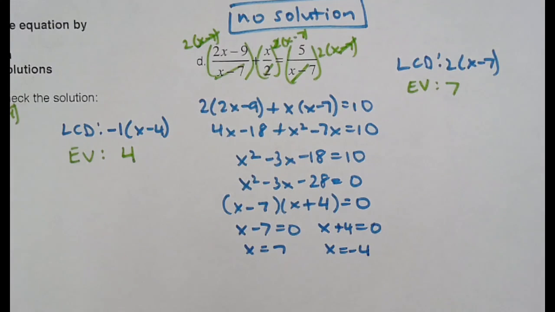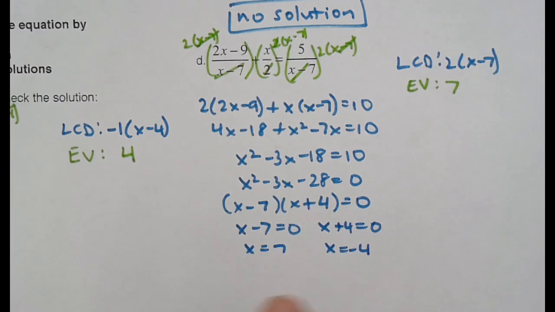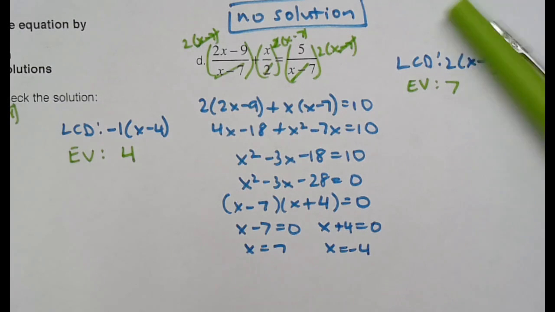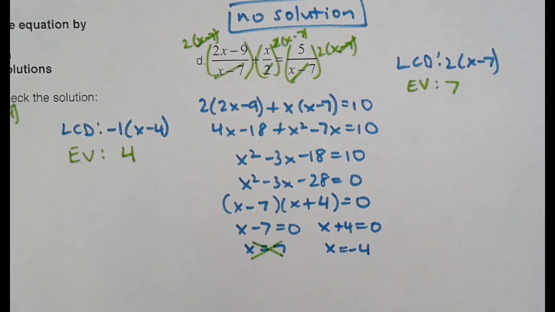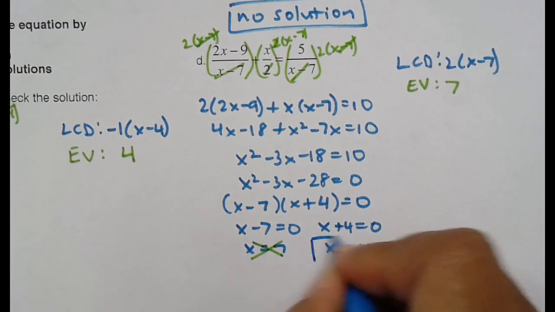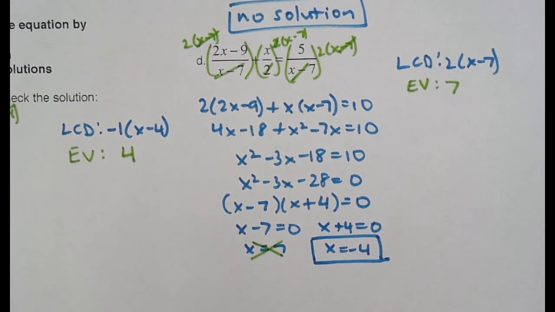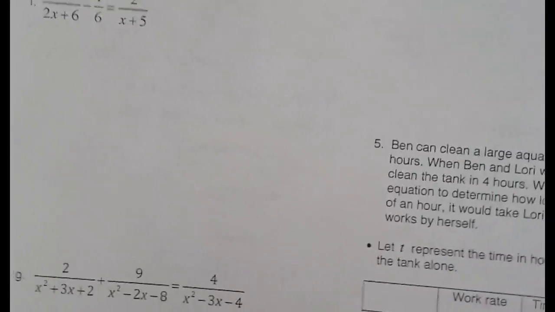Before we box our answer, let's check. 7 is an excluded value, and that showed up. So we're going to have to cross that off, and the only answer here is negative 4 then. Let's go to the back side. And on the back side,